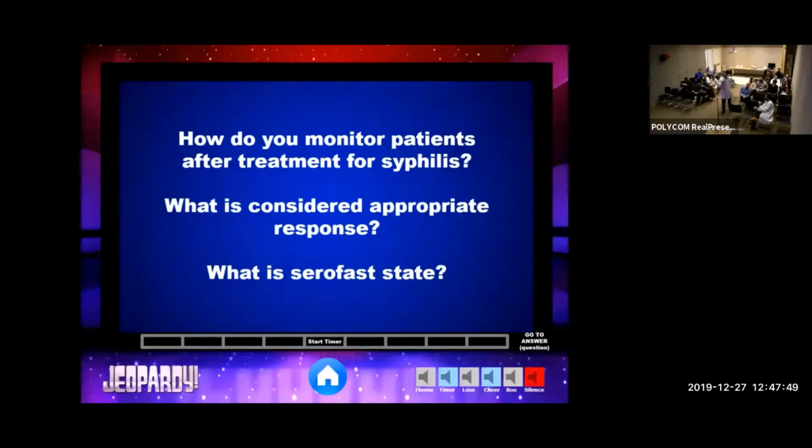So how do you monitor patients after treatment for syphilis? The treponemic tests will always be positive, so you need to follow the non-treponemic tests. They need to be the quantitative VDRL, and an appropriate response is if the titers go down four times. Okay, so a fourfold decrease in the titers. Yes. And I imagine that serofast state is somebody that changed serologically really fast, but